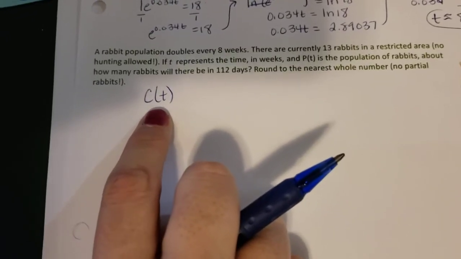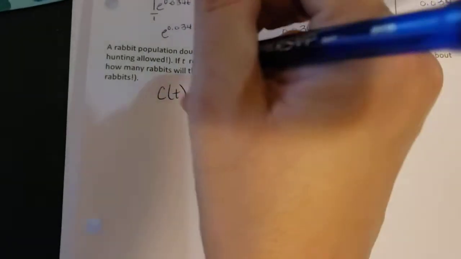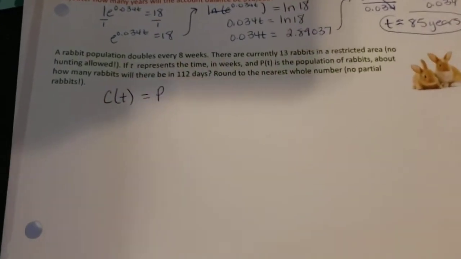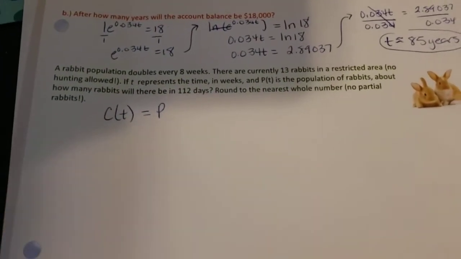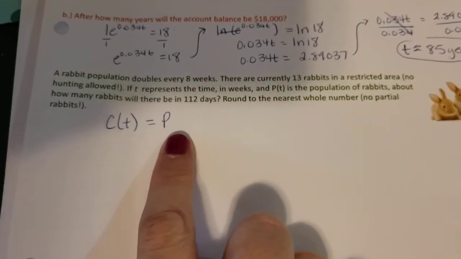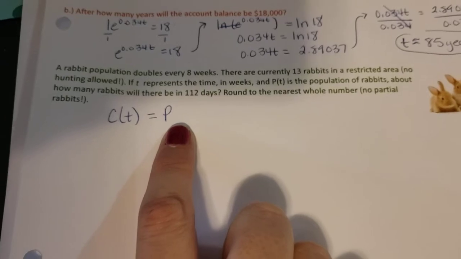Our current population as a function of time is equal to our starting population, which is the same thing that we've been doing with interest questions. In this case, though, our interest is being paid out in bunnies. But because it tells us that it doubles,